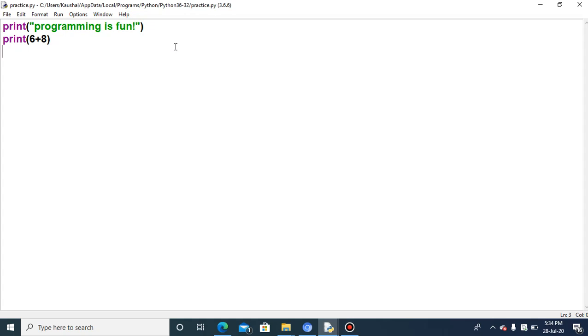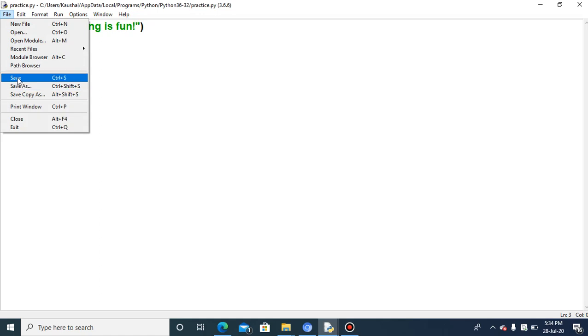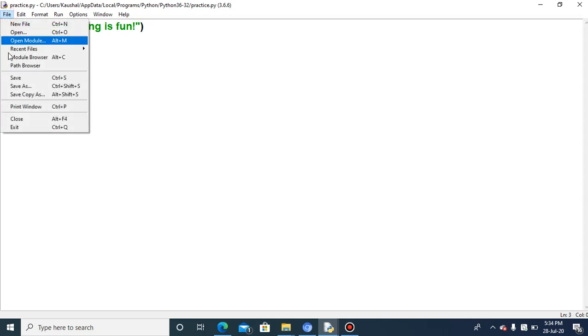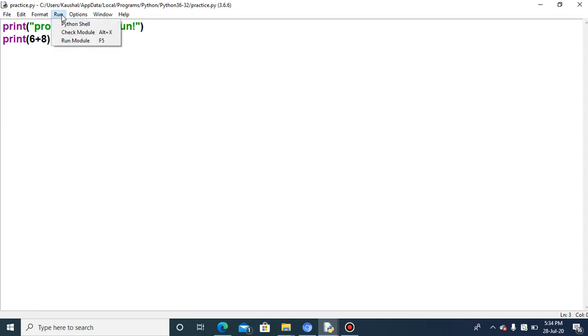You will write the 4 lines of the program today, then click on file and then click on save, and afterwards you will close this one. The very next day you will open the same file. Then when you open the same file, the 4 lines of commands will already be written, and later on you will add more lines of code here, then click on file, save again, and then execute it.